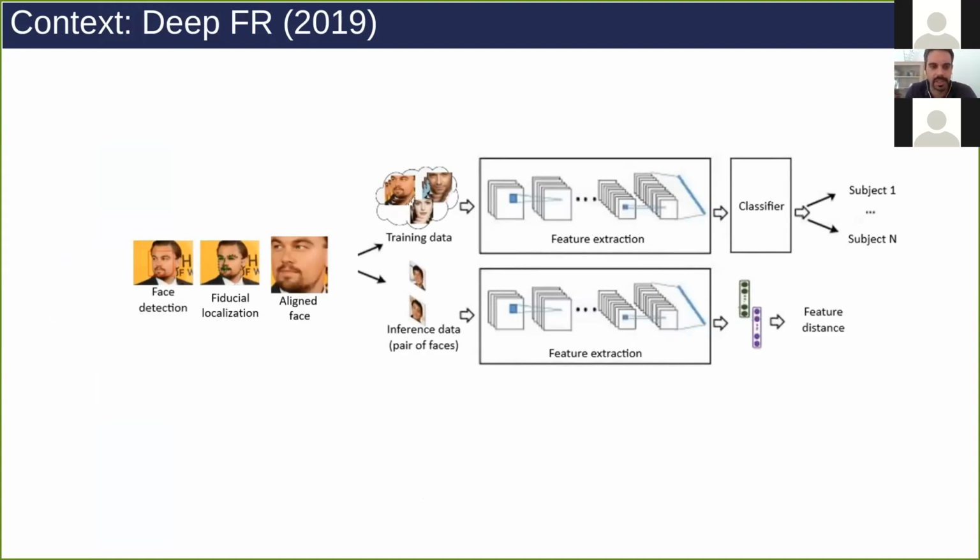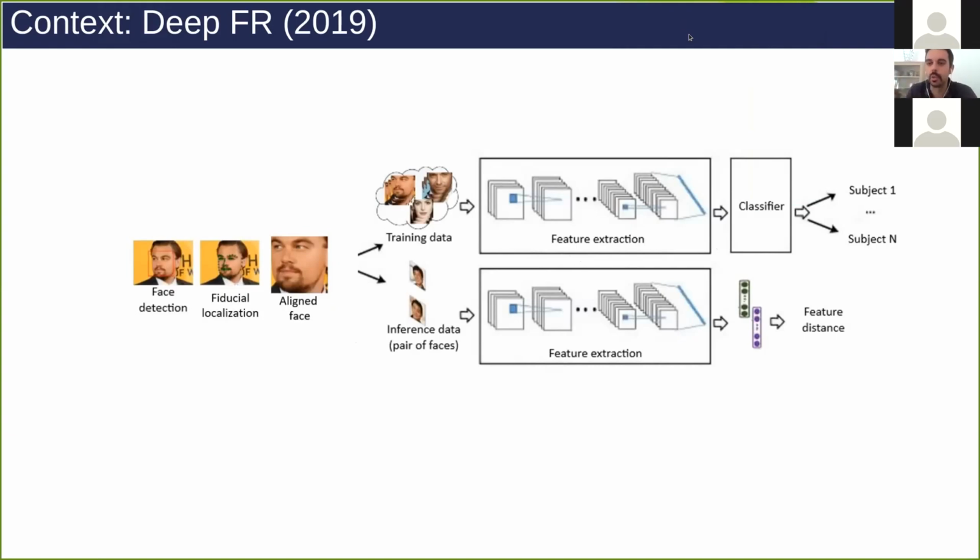We have different stages. At the beginning, we have to detect the faces, localize fiducial markers so that we can align the face properly. And then when we collect enough data, let's say millions of images to have a proper face recognition state-of-the-art model, then we use a backbone CNN, which is used for feature extraction. And we use any classifier. It may be a softmax classifier, it may be an arc-based classifier, such as ArcFace or SphereFace, something like that. And once we had that, we have converted the input image into an embedded